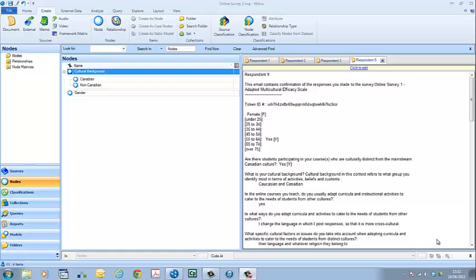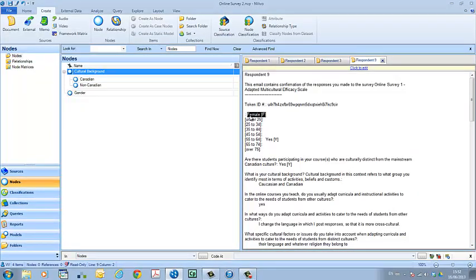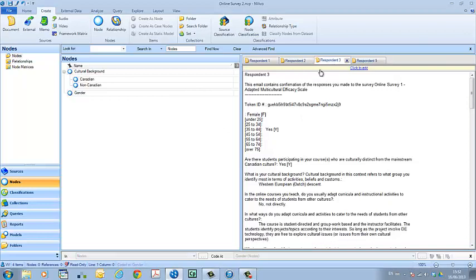NVivo, like other software, has drag and drop capabilities. To code document content, all one has to do is highlight a particular paragraph, sentence, idea, or utterance and drag and drop it into a free node. So we'll drag and drop our data into the respective nodes. So we'll get here gender, female, corresponding 9, and drag it into this node. We'll go in here and we'll do the same